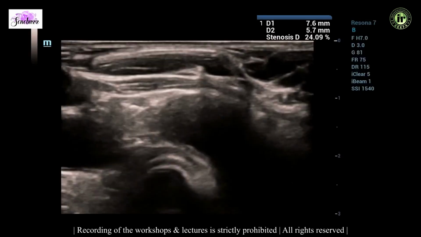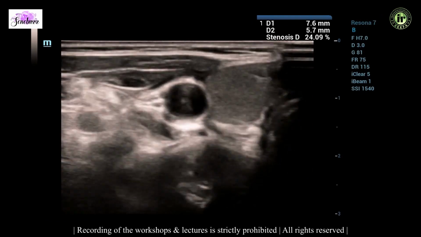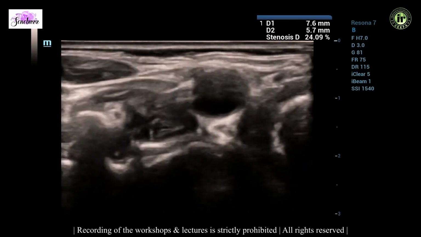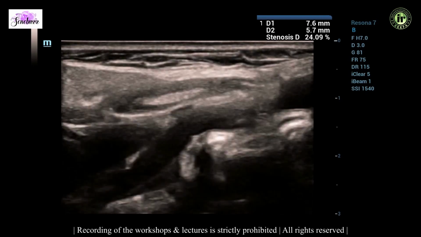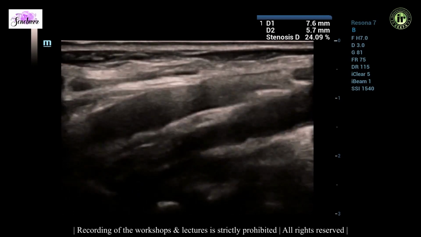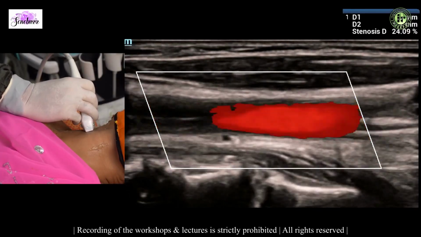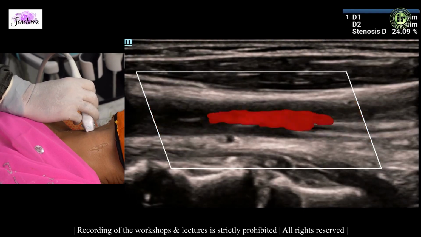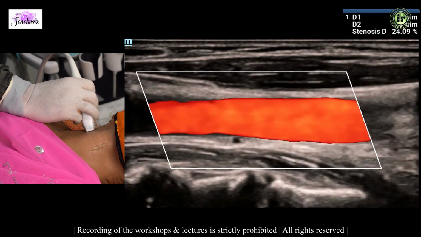Now when you take a diameter reduction, ensure that you are in the true transverse view. If you try to take it in a longitudinal view, you can foreshorten the values, and therefore make sure that you are in a good B mode. If you try to take it in color, there's a potential that the color may mask the plaque and you can actually underestimate a stenosis.